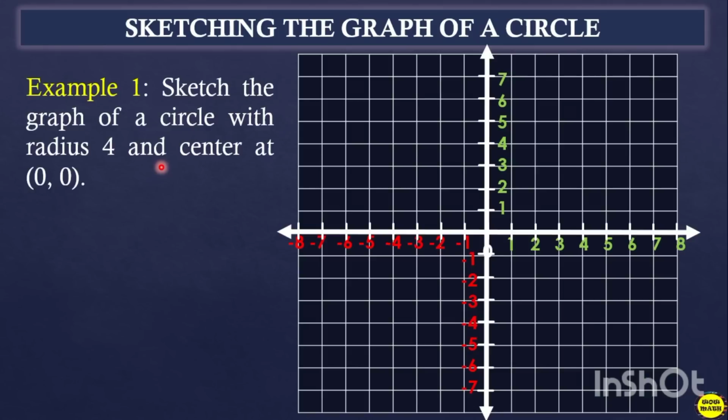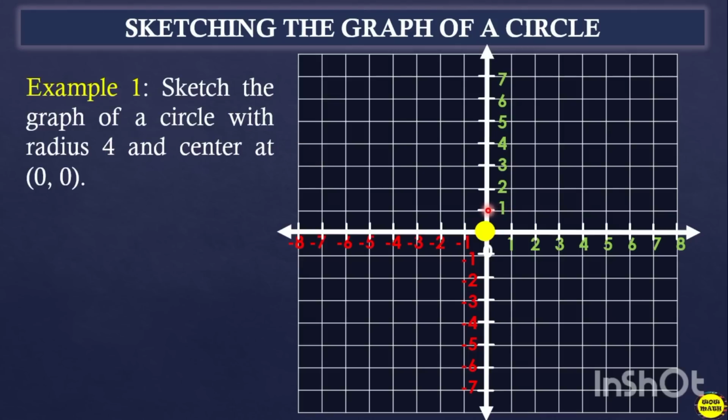So paano natin gagawin? First, ipla-plot natin, hanapin muna natin yung center ng circle natin. Since ang center natin ay nasa 0, 0, so dito yan ang center natin. Ipa-plot natin yung center ng circle, and after that, yung radius natin. Since yung radius natin, yan yung distance mula sa center ng circle natin from any point of the circle. Kasi equidistant yan. So, ibig sabihin, kung ang radius natin is 4,